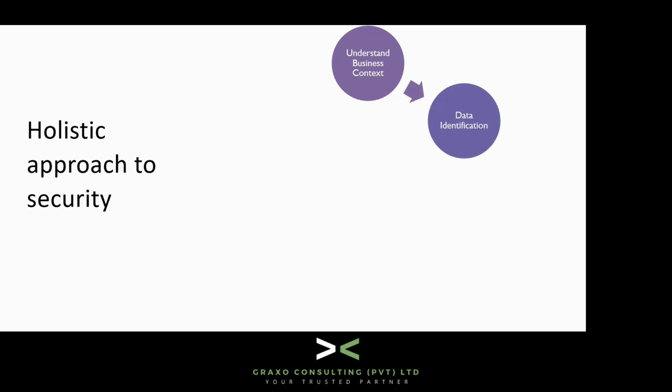The second point, which is very important, is that once you have understood the business and the core processes, you need to identify which data is critical for them. Okay, so for an oil and gas company, the locations of their oil rigs, the details about their capacity, all these things are critical for them. Similarly, all their information which is in the ERP, which is related to the transferring of oil from one place to another, is critical for them.